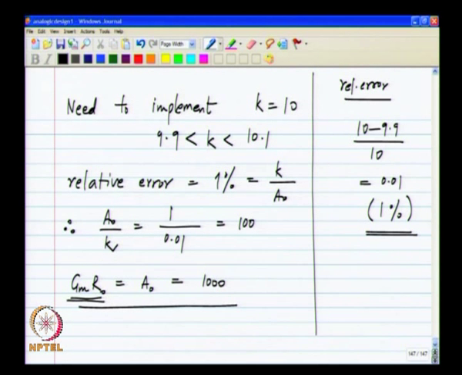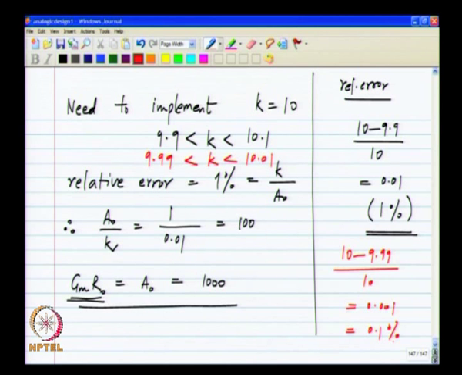Now, this is not some fixed number. So, it could be that in some cases I want the gain to be controlled even better. I want it to be between 9.99 and 10.01. So, in this case the relative error is 0.001, which corresponds to 0.1%. So, obviously, for this particular example A naught by k should be 1 by 0.001 or 1000. Okay. The DC loop gain itself has to be 1000, so that you get a 0.1% relative error in the